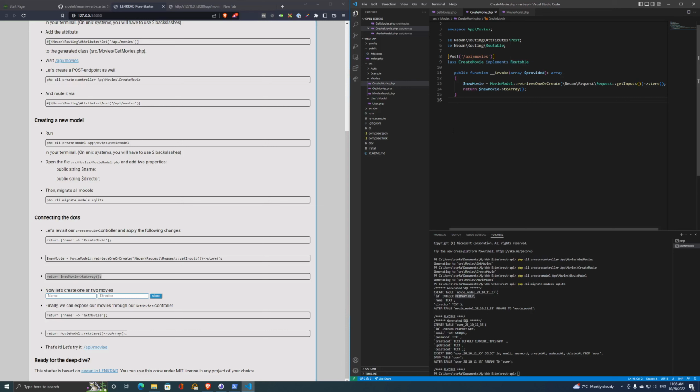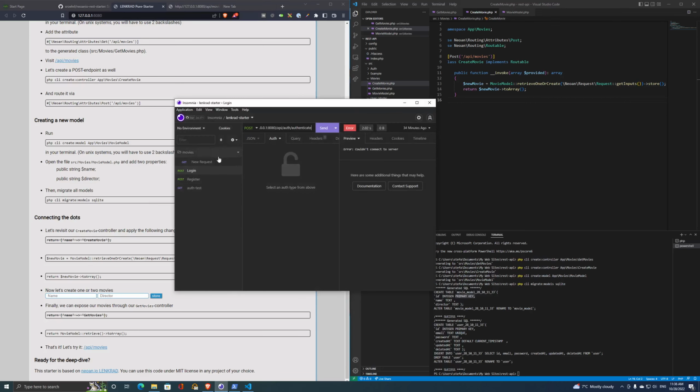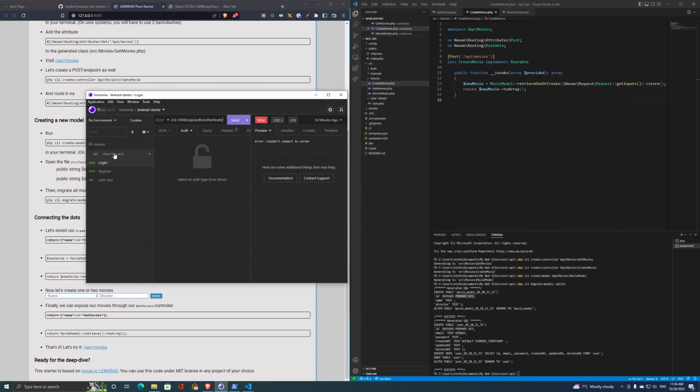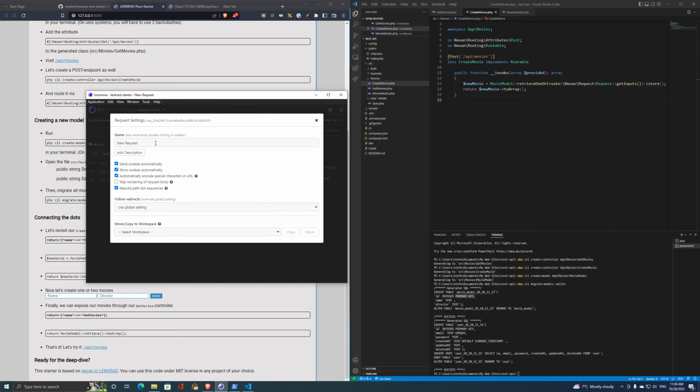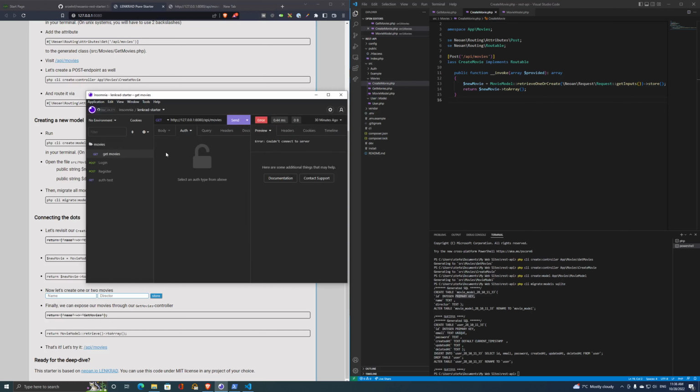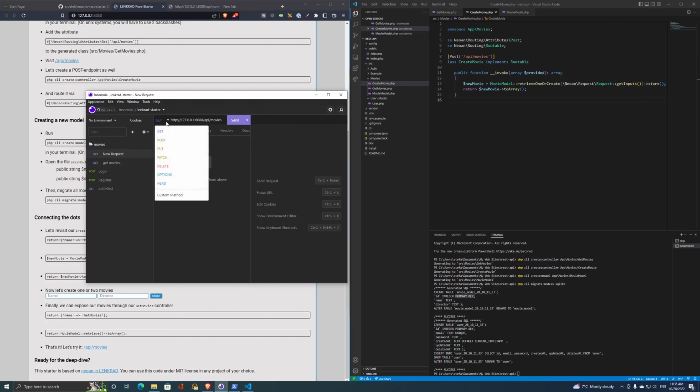So we can now create a couple of movies, and I'm not going to use it here. What I'm actually going to do is open up Insomnia. App movies. This is the get call. I also want to rename this to get movies, and then quickly have another request here that we're going to copy from here. This is going to be a post,